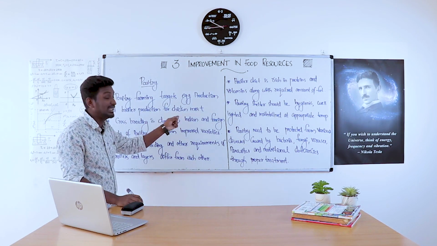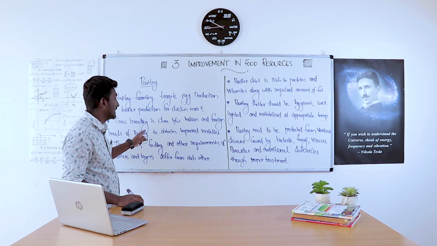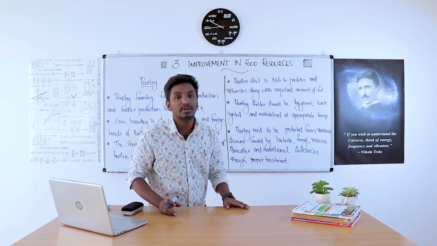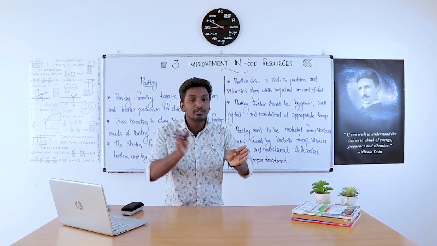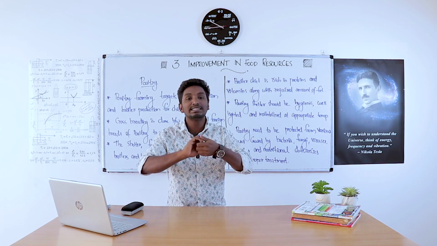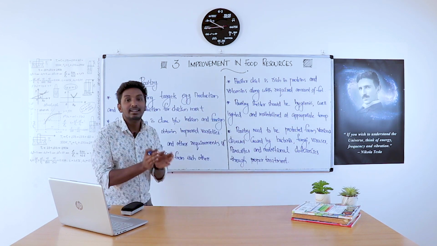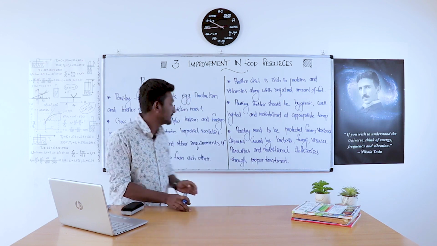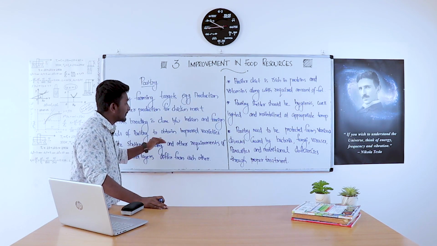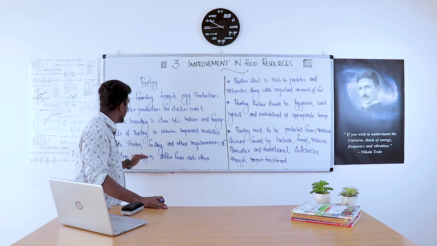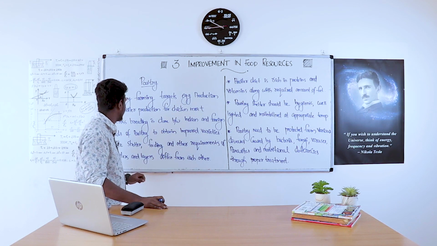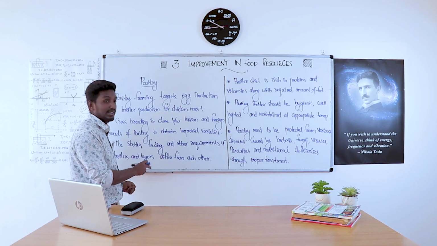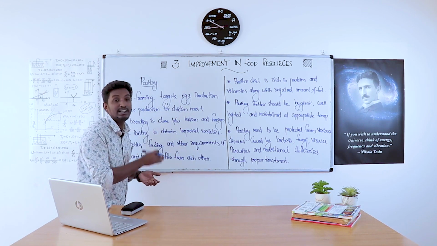Crossbreeding is done between Indian and foreign breeds of poultry to obtain improved varieties. For obtaining improved varieties, Indian and foreign varieties are crossbred. Then we get offspring having both qualities of Indian and foreign breeds. The shelter, feeding and other requirements of broilers and layers differ from each other. So for different types of breeds, shelter, feeding and other requirements